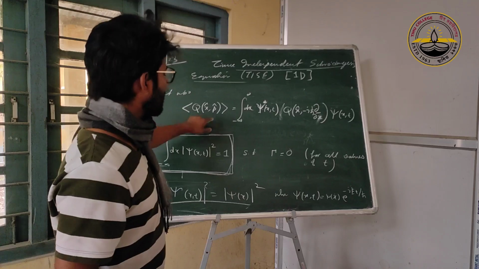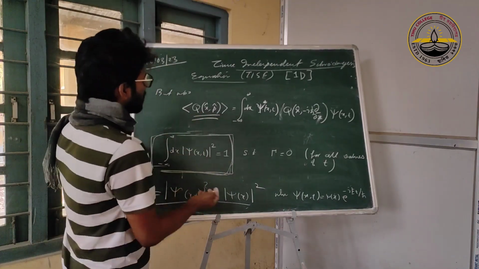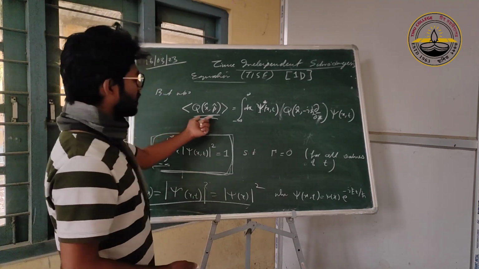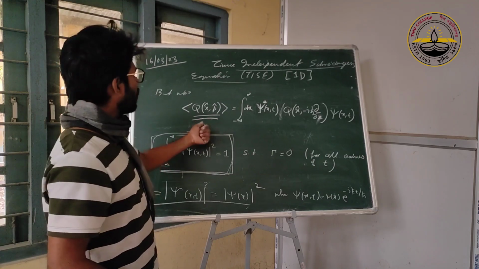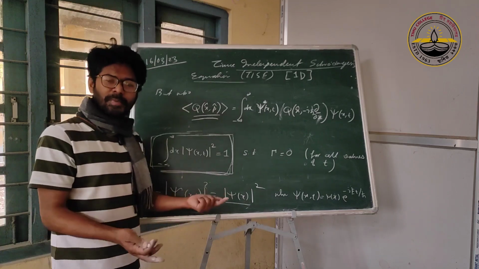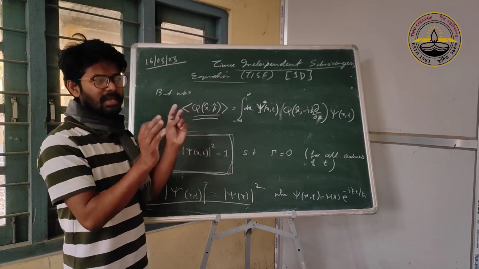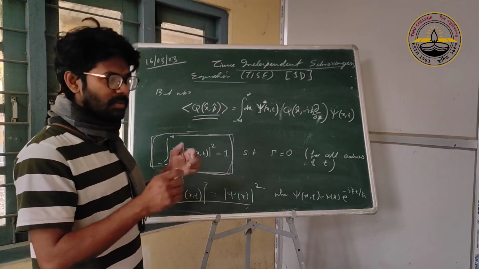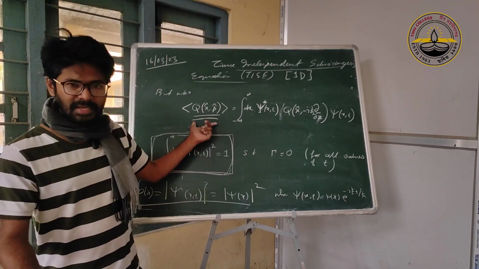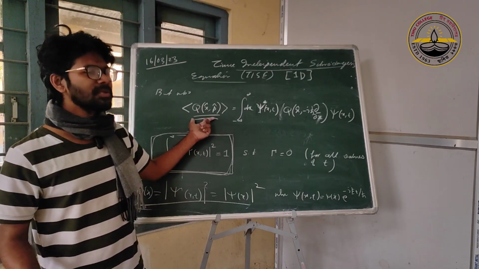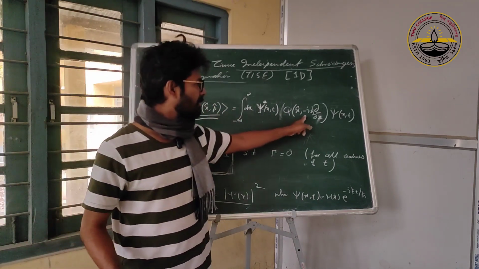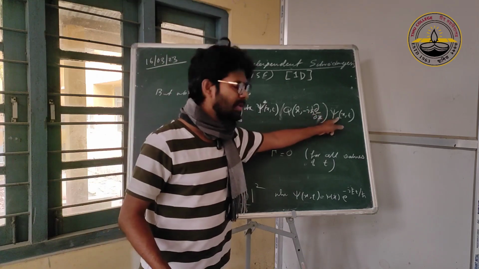Q, for example, could be the Hamiltonian, or kinetic energy, which would be p square by 2m, or position, position squared, or position times momentum. Any operator, any variable that we measure physically, quantum mechanically corresponds to an operator. So position x is x. If it's momentum, it becomes the momentum operator that acts on our wave function.